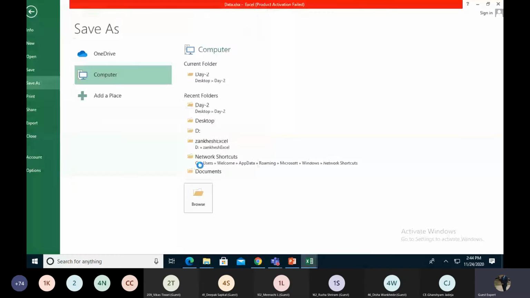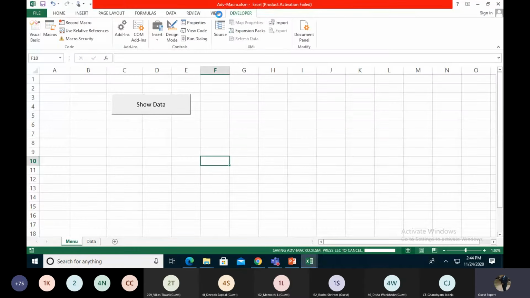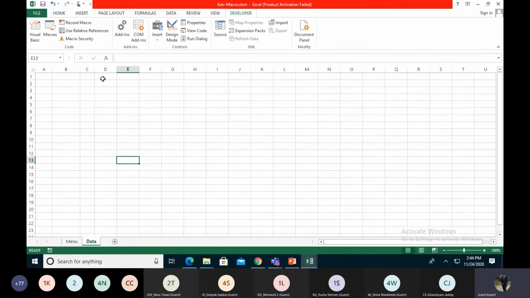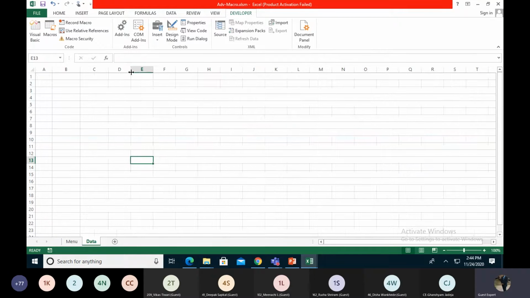And save this file. So right now the file name is advanced macro.xlsm. So first of all, store this file. If you're not storing the file, we will see the consequences later on. So when we click on this button, data should be displayed on the second sheet. Okay.